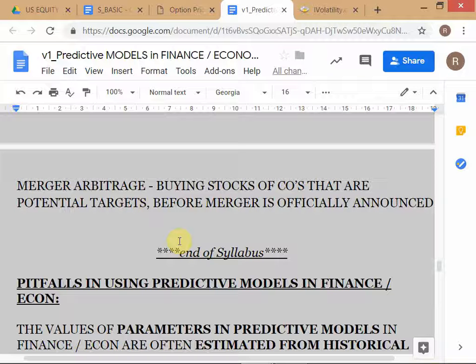So there are legal and regulatory aspects, so there are two things in mergers. One is the official announcement of the merger. And then even after that, it's not 100% sure, because the regulators may clamp down. They may forbid that merger, all right? So therefore, there are two levels of uncertainty.